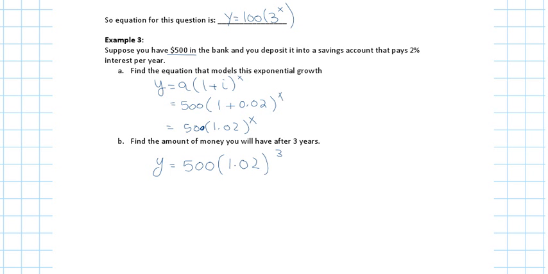So, $530.60, because money is just two decimal places. Okay? Make sure that, because this is a word problem, you include a therefore statement at the end. Therefore, in 3 years, I will have $530